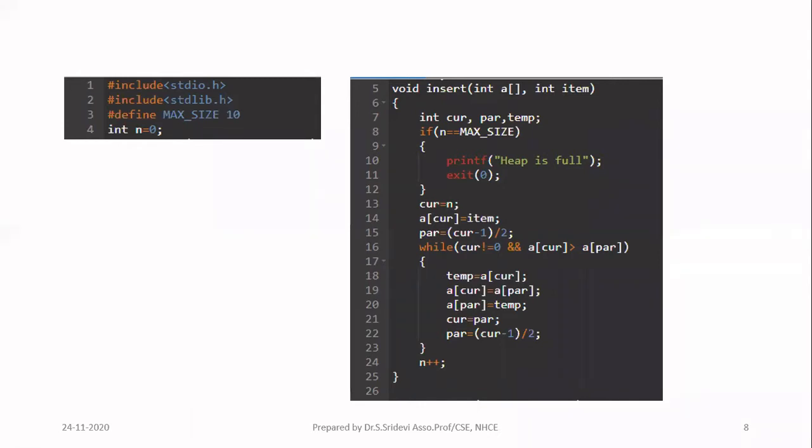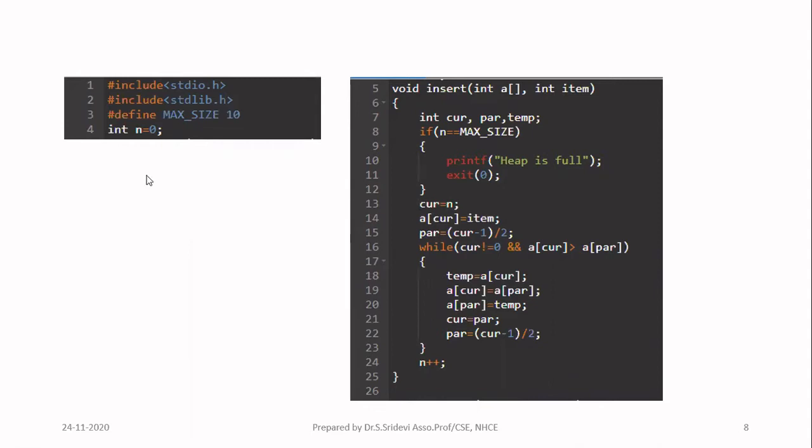So I am coming to line number 24. In line number 24, this is very, very important. I am incrementing n by 1. So what is the meaning of that is, n is going to tell me in which index I can insert the next element. So when I started n is 0, after I insert the first element, the next element can be added at the index 1. So I have to increment n. Every time when you do the insertion process, you will be incrementing n. Similarly, when you do the deletion process, you will be decrementing n value.